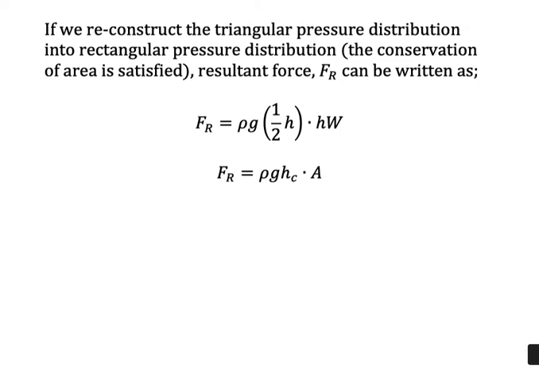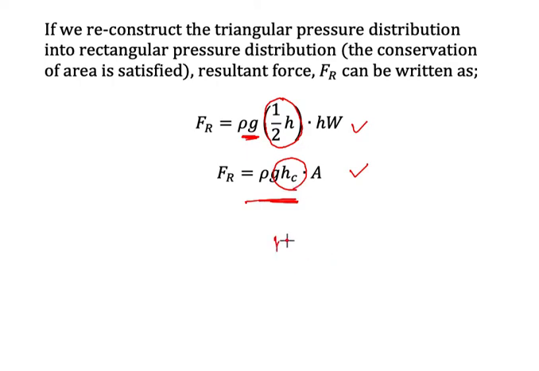If we reconstruct the triangular pressure distribution into a rectangular pressure distribution, the conservation of area is satisfied. The resultant force Fr can be written like this. As I said previously, the 1/2 here actually belongs to the height of water, because we cannot change the value of rho and gravity. So we could simplify the equation to become rho g hc A, where hc here is the distance